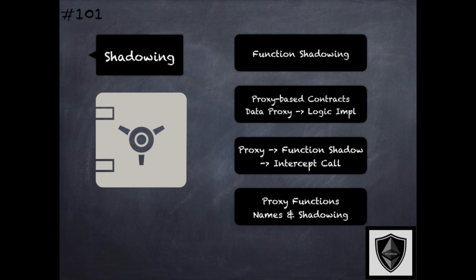So the best practice here is again to pay attention to the proxy contract and the implementation contract. Look at all the functions declared in both these contracts to see if any of the proxy functions are indeed shadowing those in the implementation contract. And in which case, recognize that such functions will be executed in the context of the proxy without being forwarded to the implementation contract.